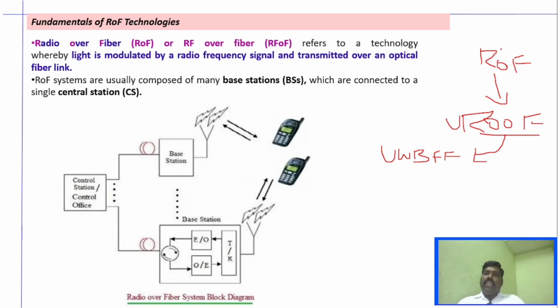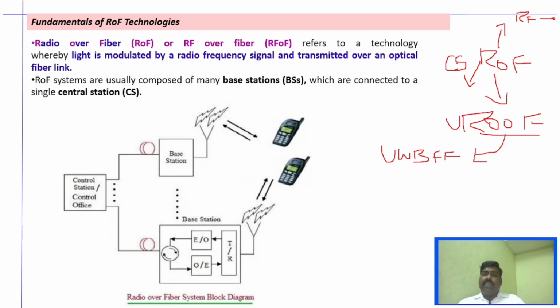The very important thing in this RoF is the conversion of the RF signal to optical signal and optical signal to RF signal. That is, the RF signal will be superimposed with the light wave and then it is transmitted through the optical fiber, and similarly again it will be converted to RF and it will be received by the receiver, right? This is mainly preferred for broadband wireless access network in remote areas. We can achieve broadband wireless access, and a lot of efforts have been taken to reduce the